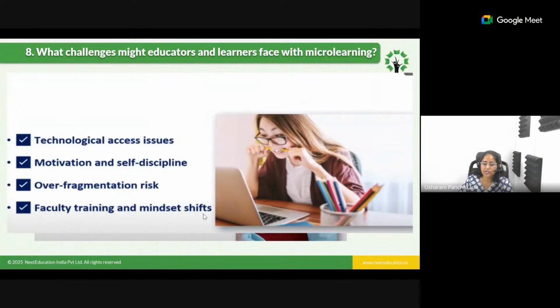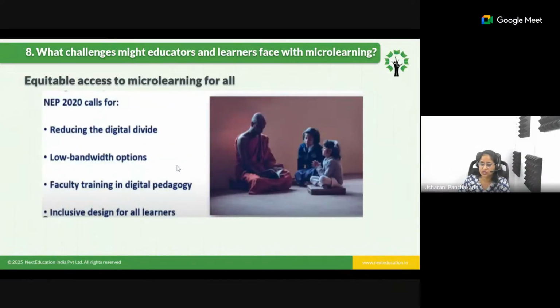Faculty training and mindset shift. This is also very important, that the trainer or the instructor or the teacher should be trained, so that we are getting the complete knowledge of what we call the MACVISE approach, as well as the web design required to say who the target is, what pedagogical approaches you are using, and then how to organize. All these principles that you have seen should be properly staged.